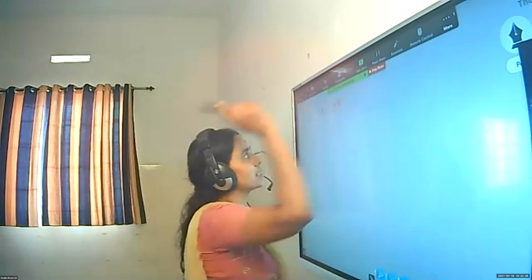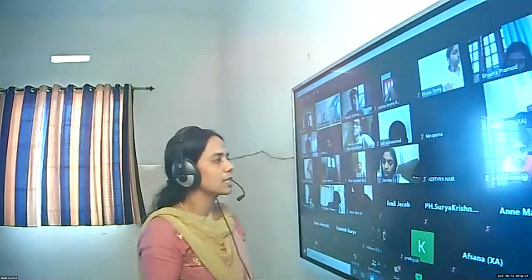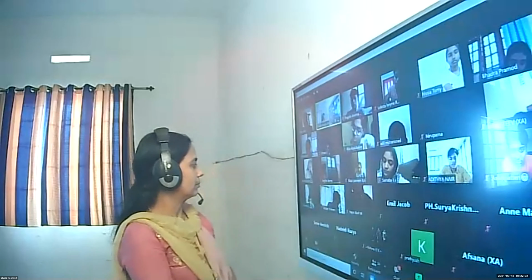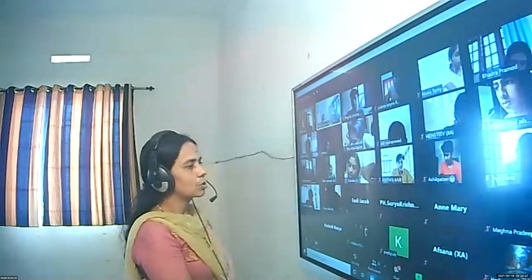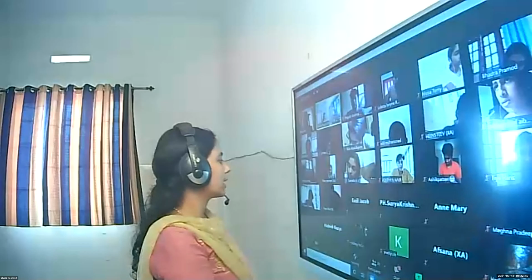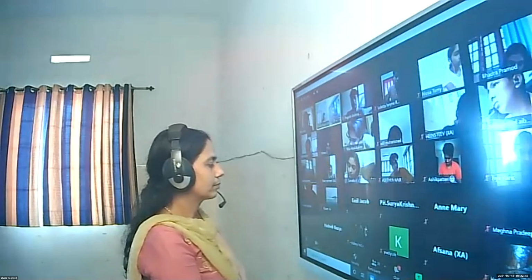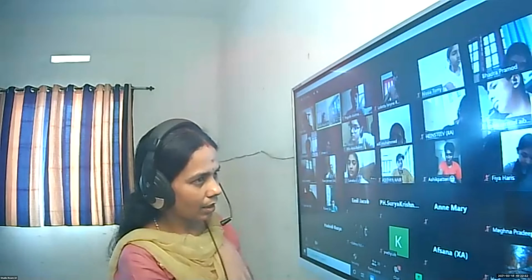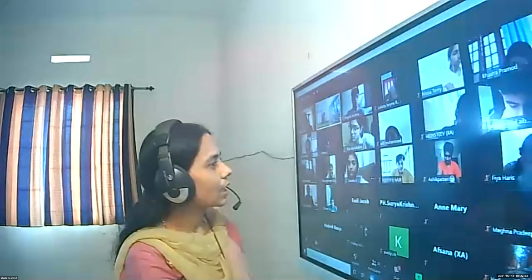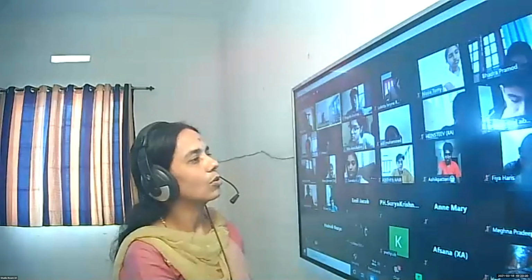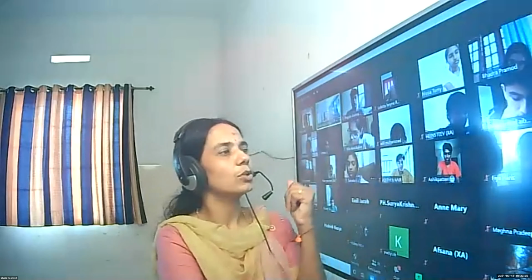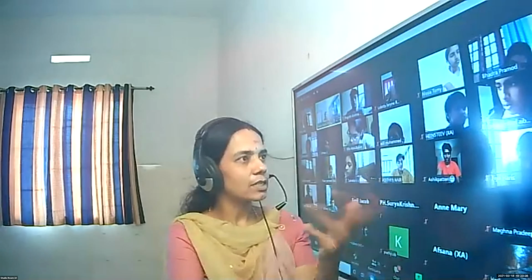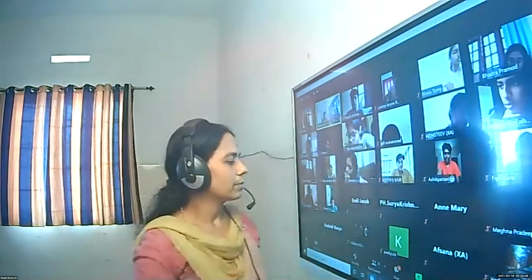Compare it with the general form and tell me what is A, B, and C. A is equal to 1. Good. B is equal to 3 or minus 3? Minus 3. And what about C? 0. Constant term is not there. So C is 0. That term is missing, which means we can put 0. So the constant term is 0.